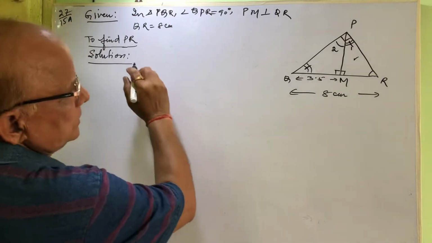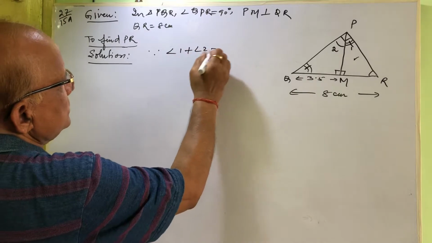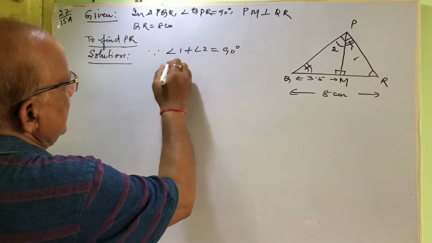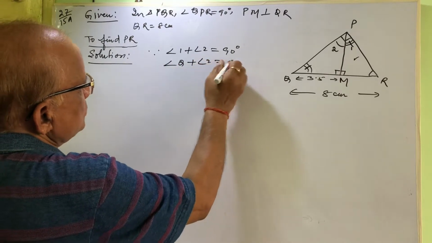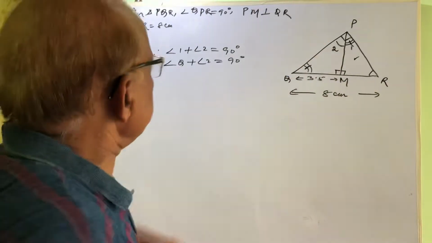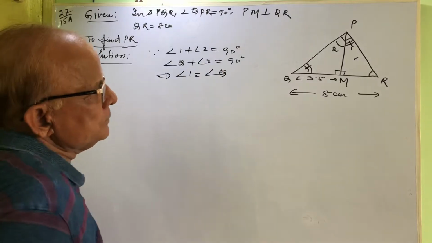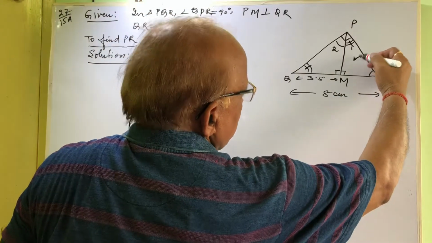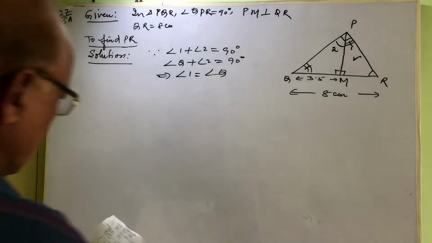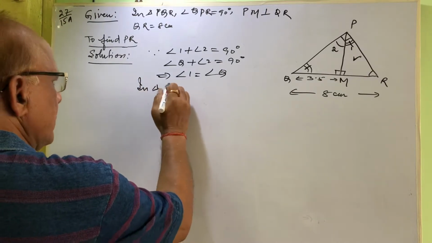In the solution, since angle 1 plus 2 is 90 degree, it is given, and angle Q plus 2 is also 90. In this smaller triangle, one angle is 90, therefore the sum of the other two will be 90. Hence, angle 1 equals angle Q. Now we will take this smaller triangle, write down triangle PMR